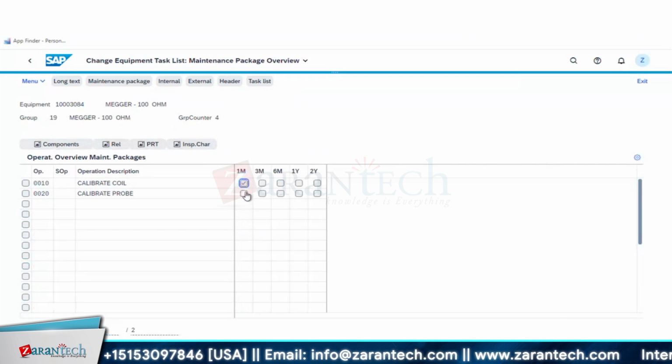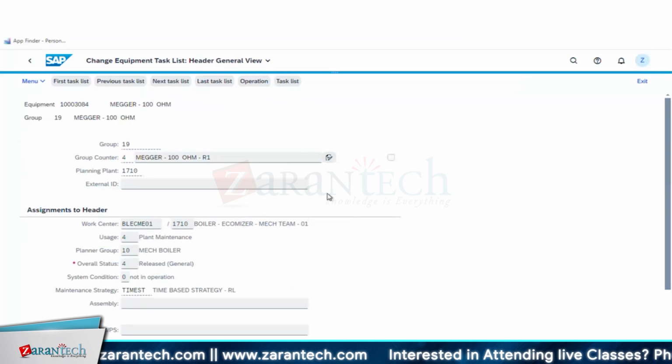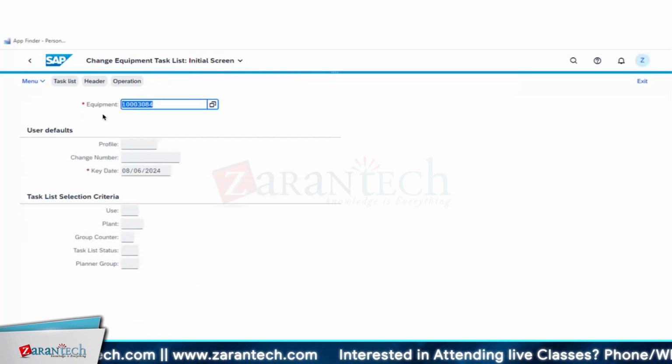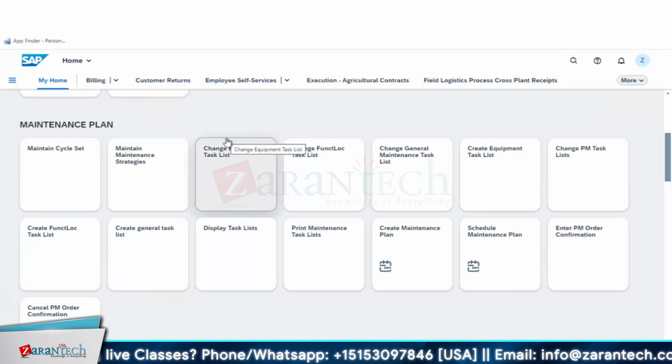See, this is not there. So I will tick mark every month, as we want to calibrate this particular measure. We can have it. Okay. Header, I want to change this as R1. So save it. Group 19 and 4 got created. So come back. Now what is the second step? The next step, anyone? Master inspection characteristics like we have defined, task list. We have assigned that MIC to your task list. Then